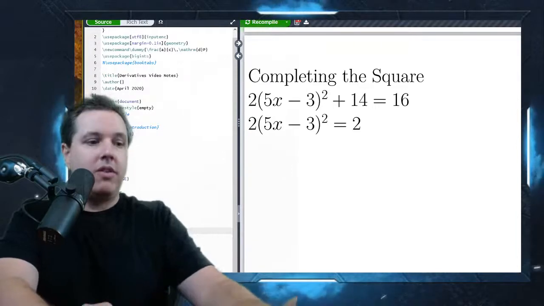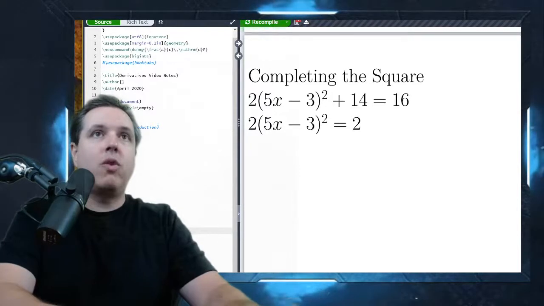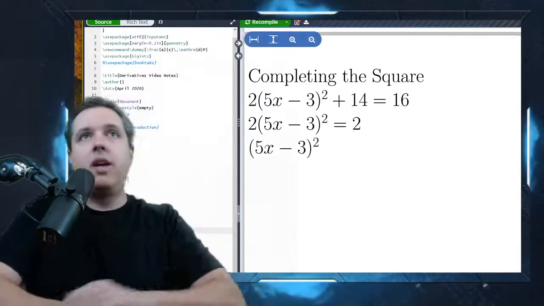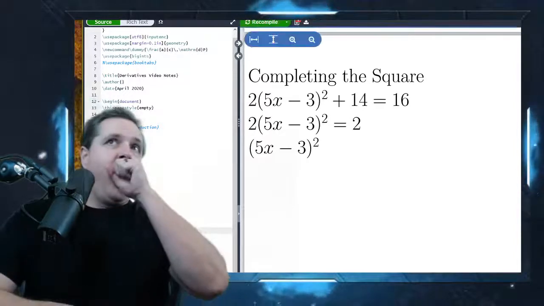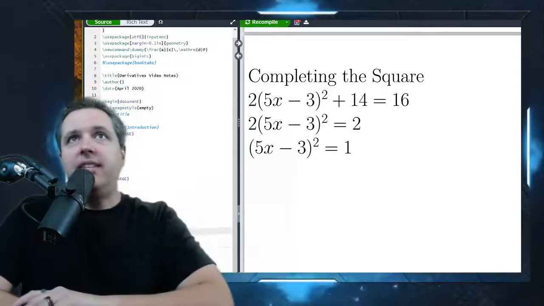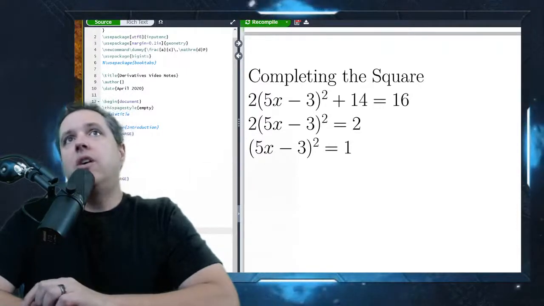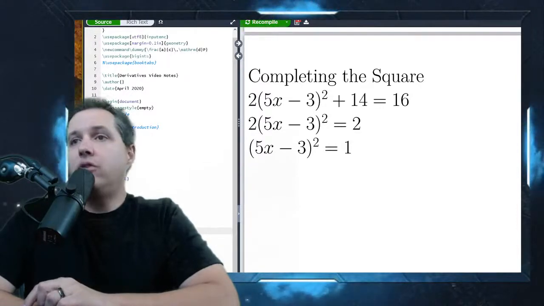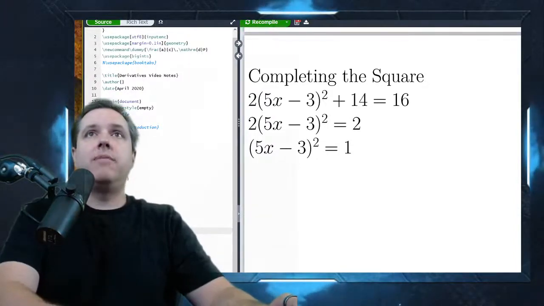Leaving me with 5x minus 3 quantity squared equals 1. So I divided both sides of the equation by 2 to get this. And now remember, we're going to use that square root property, which says that, okay,